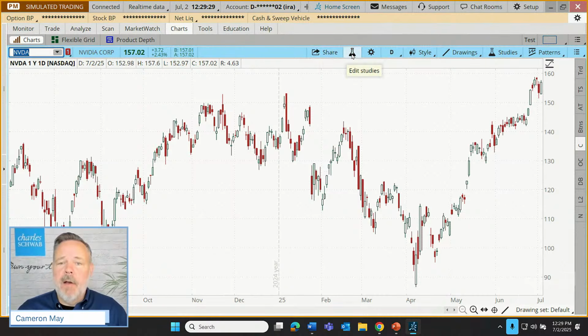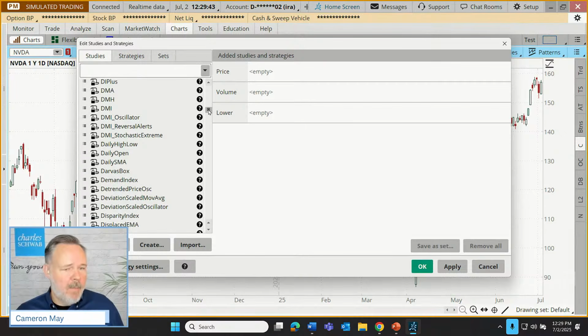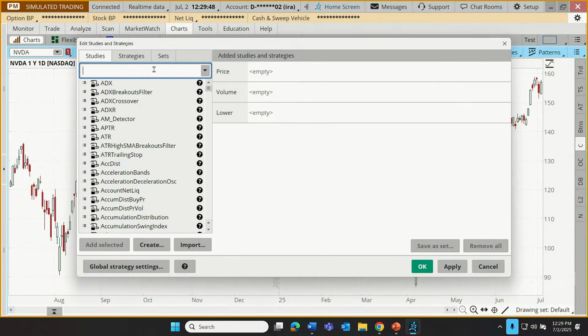But we can also add technical studies here. Chartists also tend to be big fans of technical indicators or studies. There are hundreds of those. If I click on this, you'll see a huge list of potential technical indicators. So if you have a favorite technical indicator out there, it's probably here. I can't guarantee it. I just say that the odds are probably pretty good. But in any case, let me just put one on. Let me show that process.